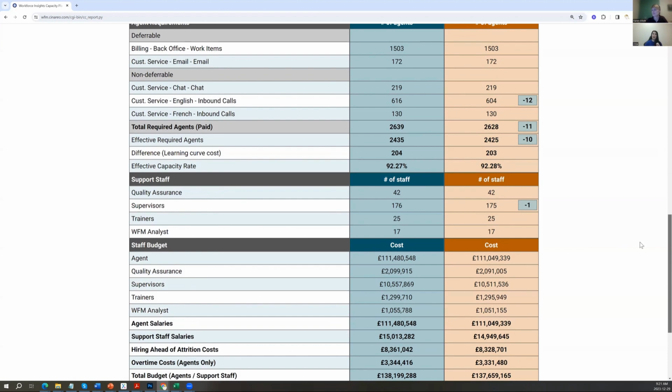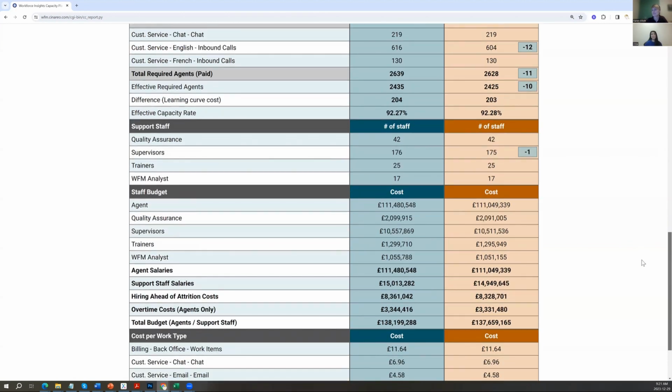Because I must admit, like a lot of organizations, including myself years ago, I have completely discounted the support staff and how much money to count for the support staff. While we're often talking about shrinkage and how many unproductive hours we're going to have, we kind of discount that we also need trainers, quality teams, and WFM teams.